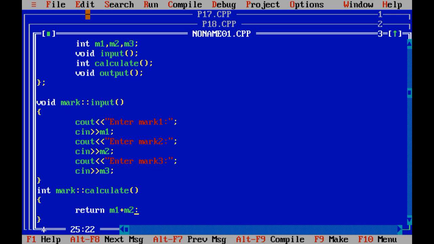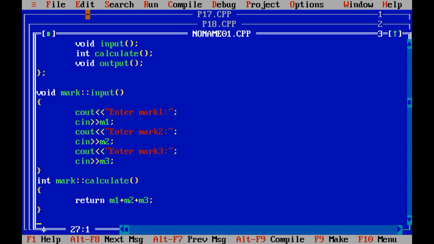So the integer value I need to return is m1 plus m2 plus m3. As I have told you, if you want to take a total variable over here, then you can take it, and total equals m1 plus m2 plus m3. That thing you can perform and you can return the value of total. But right now I have directly passed the processing statement.